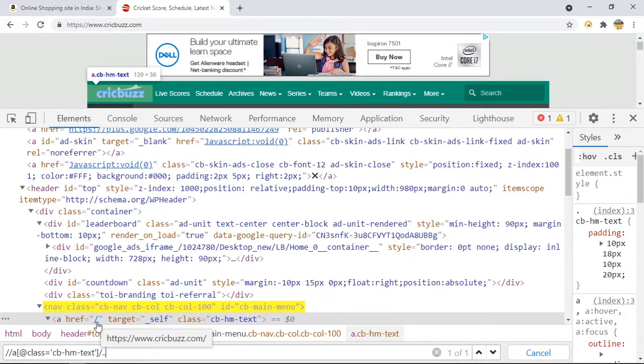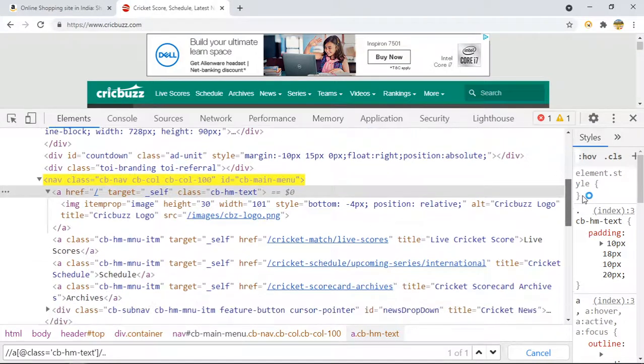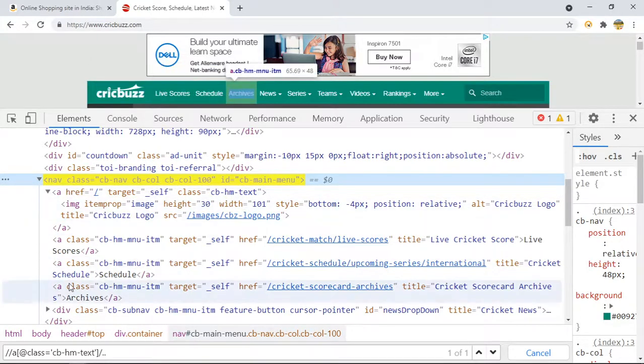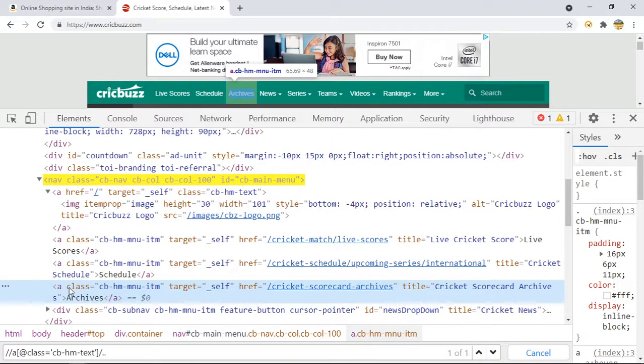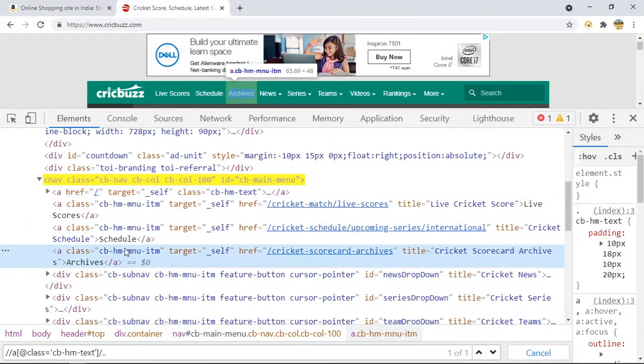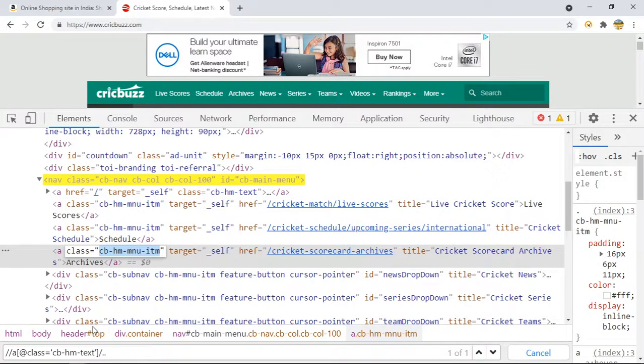In the same class, let's say you're at the fourth sibling and you want to go to the nav, how to do that? That will be the same again, because all these are the children: first child, second child, third child, fourth child. If you write the XPath of this and provide slash dot dot, it will again move to the parent. The step will be the same.